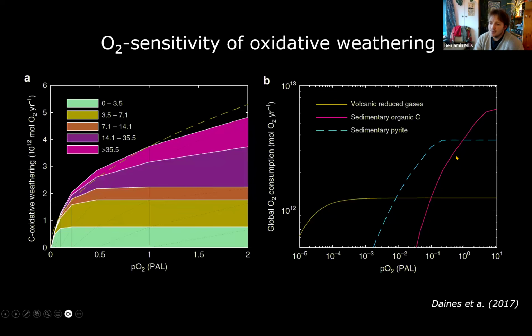So what this means is that in order to preserve that heavy delta 13C signal over time, you can do this by either having a lot of photosynthesis, a lot of burial of light carbon, and a lot of weathering of light carbon, i.e. the present day, or you can do this by burying a lot less light carbon and also weathering a lot less light carbon.